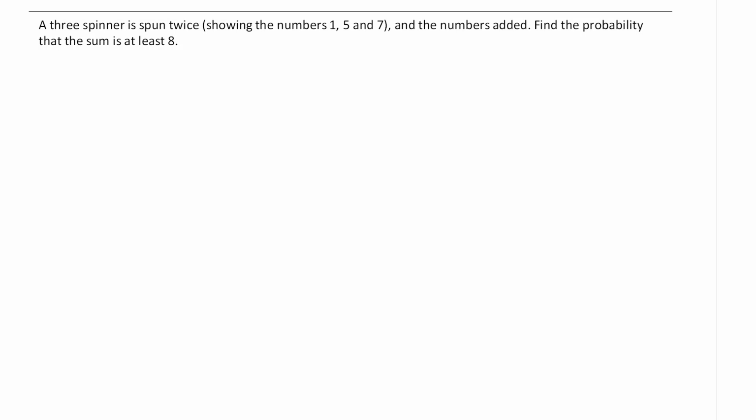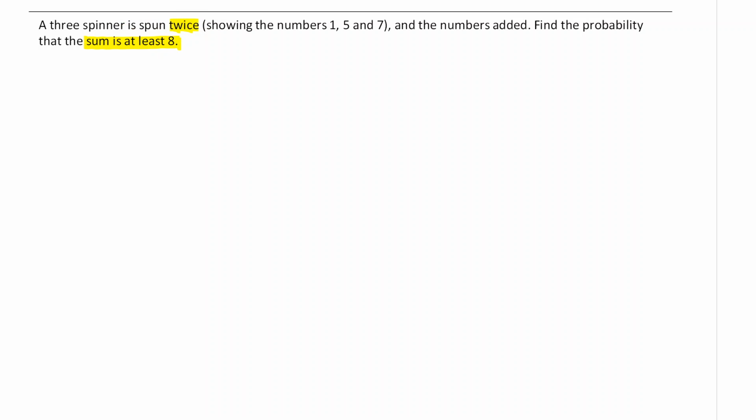So here we have this question before us. It says a 3-spinner is spun twice, showing the numbers 1, 5, and 7, and the numbers added. Find the probability that the sum is at least 8. So because we've got a 2-stage experiment here, and we know that because we're spinning this spinner just twice,